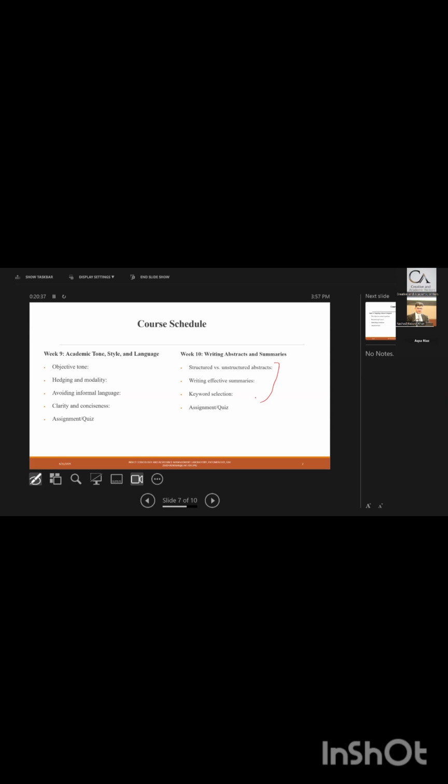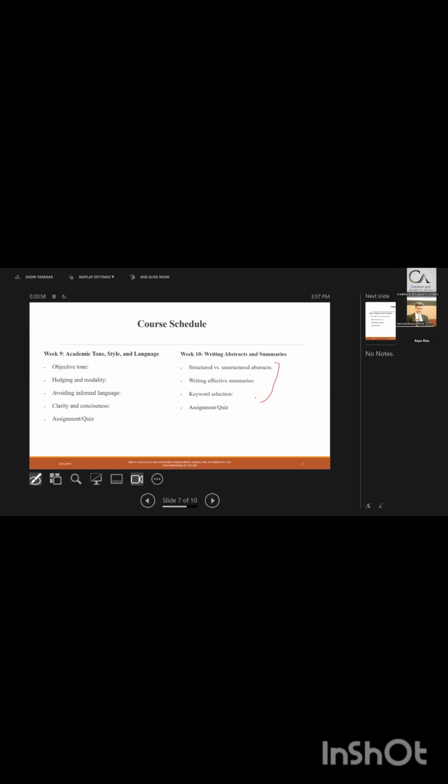Once you have done all the active practice, then you know very well what your results are, how you have discussed them, what the significance of your research work or review work is, and what its introduction and need are, so you can better summarize it at the end.